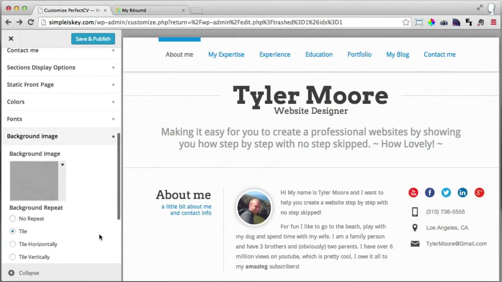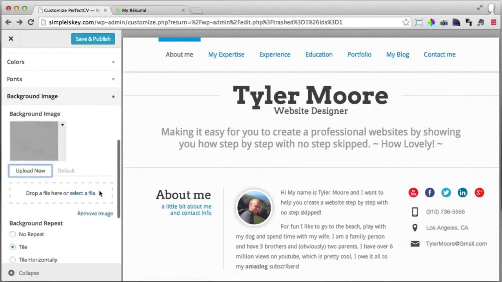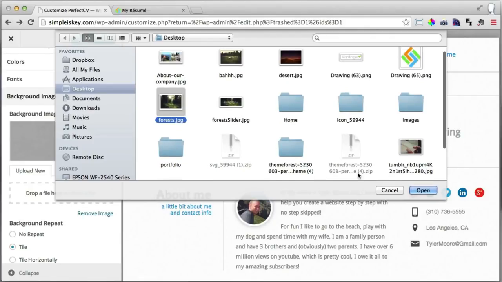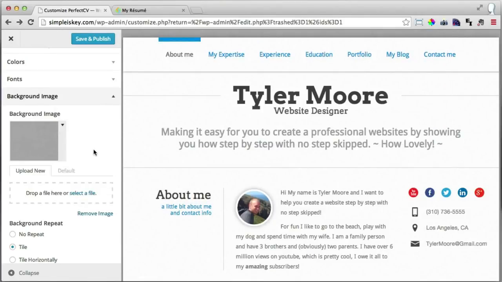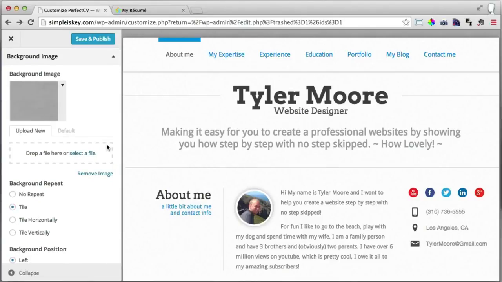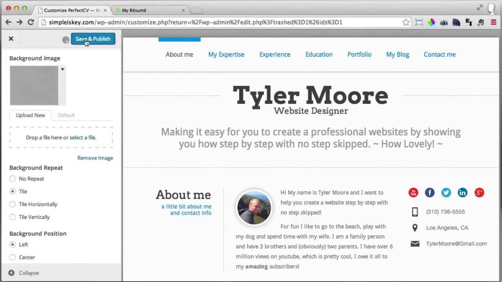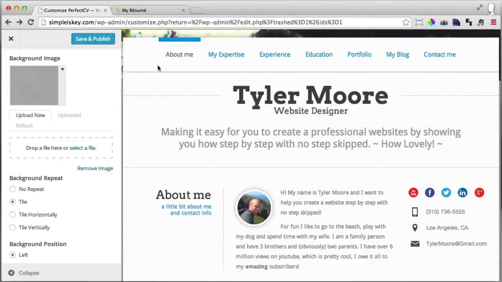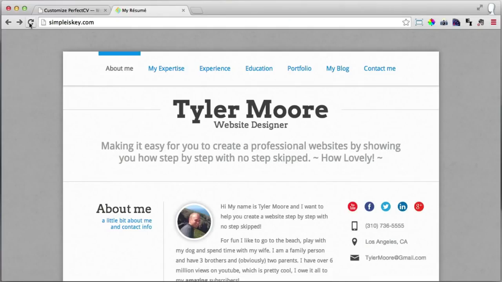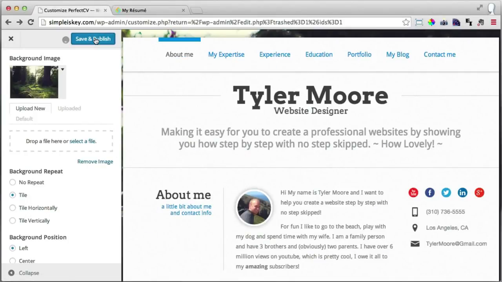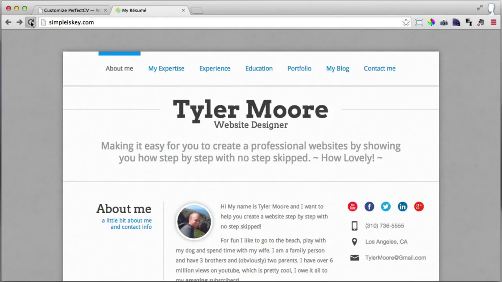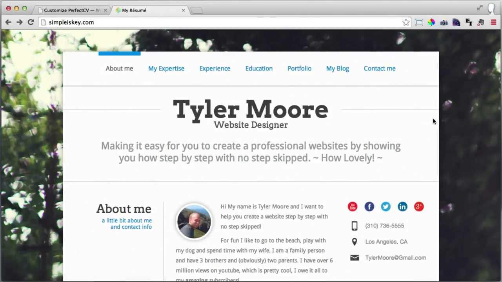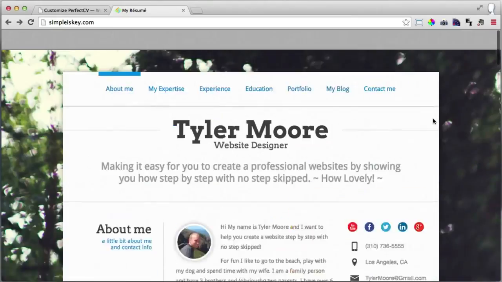So if we wanted to, we could click on this and select a file if we want. And let's say this forest one, and press open. And press save and publish. And now if we click refresh right here, if we just give it 1 second, maybe we have to press save and publish after it loads. That's probably a good idea. And we click refresh right here, we can see that we now have the forest background, which is a little